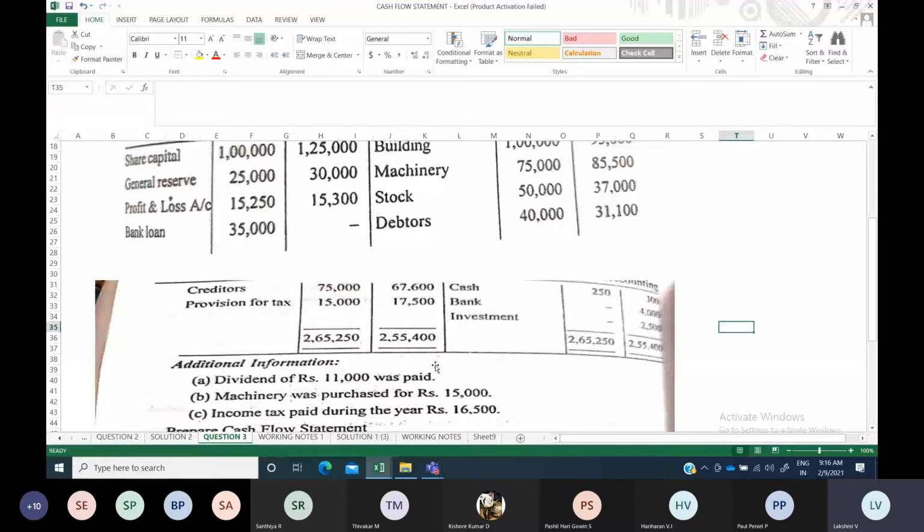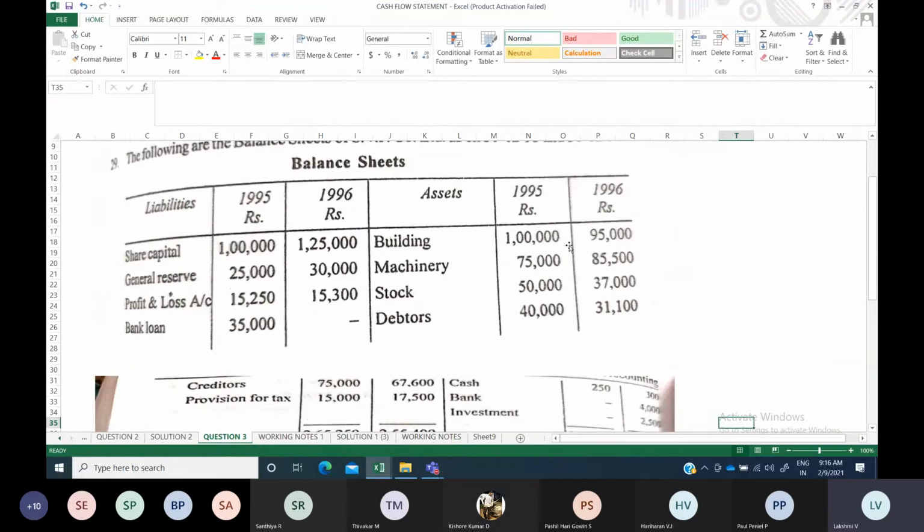Okay, and building, they have considered it as depreciation only. Sometimes reduction in the value can be considered as depreciation. Sometimes it will be considered as a sale also. If you are choosing it as a depreciation, you have to know the accounting treatment for that and then do accordingly. And you have to mention in the note also that I have considered decrease in the value of building as depreciation. Like this, you have to give a note.